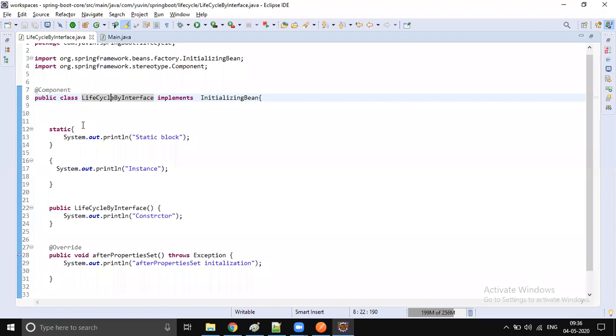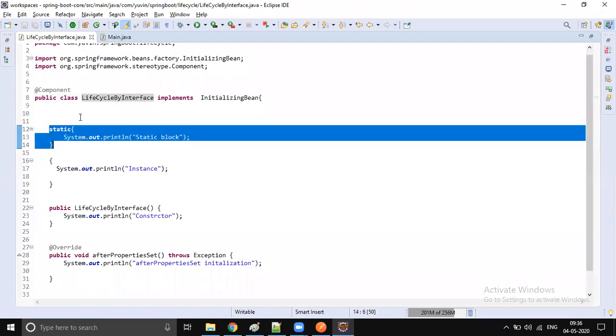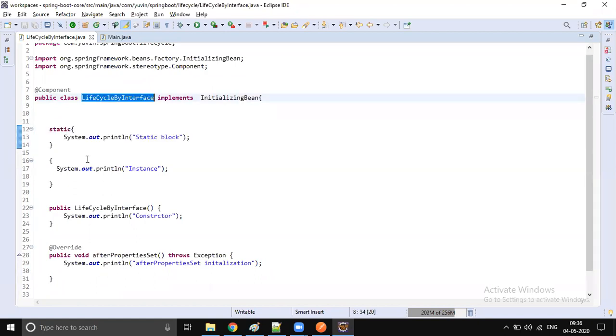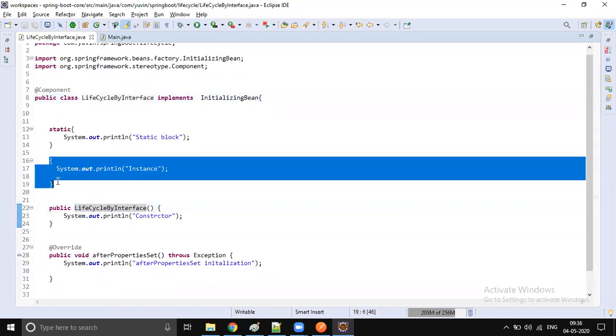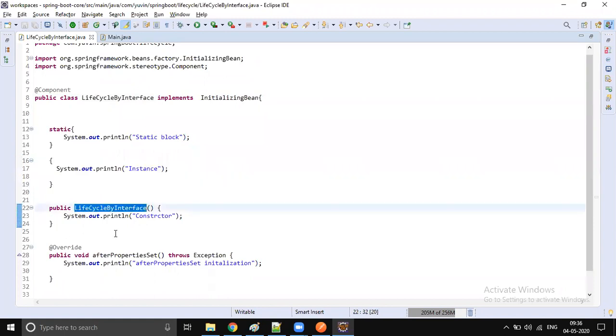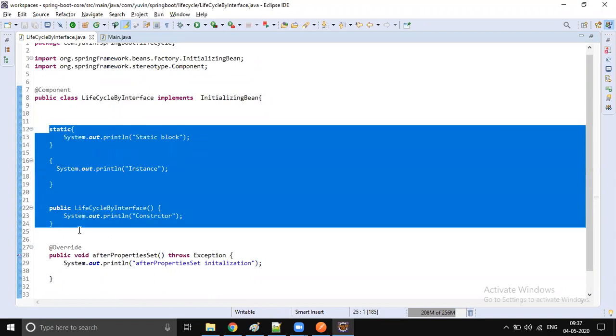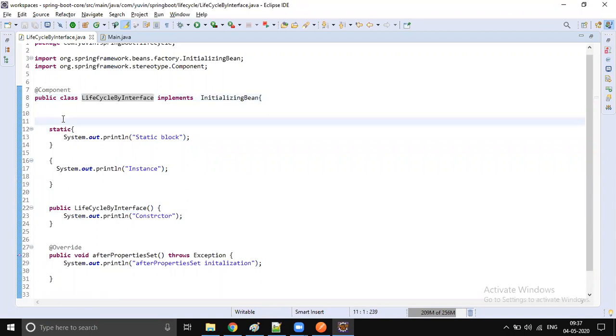To create an object, the class has to be loaded. At the time of loading this class, the static block will execute. At the time of object creation, before constructor execution, the instance block will be executed, and next the constructor will get executed. All these three are nothing new. With Java itself we would have been getting it. If you just do Lifecycle lf = new Lifecycle in Java, all these three will be printed on the console. There is nothing new. Then what is something new here?